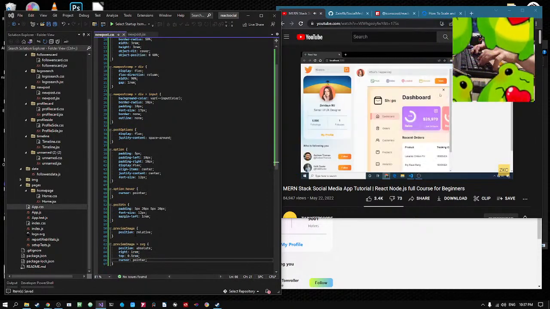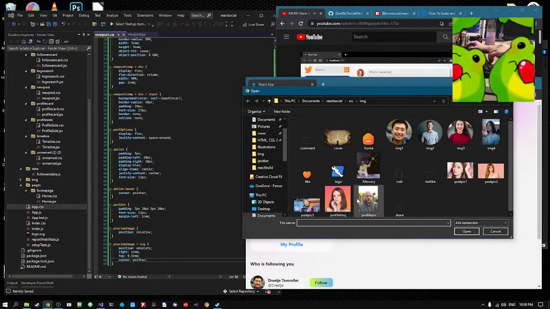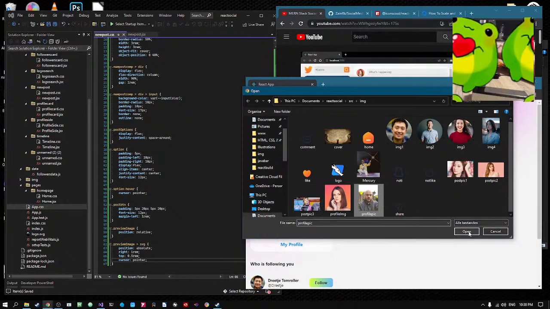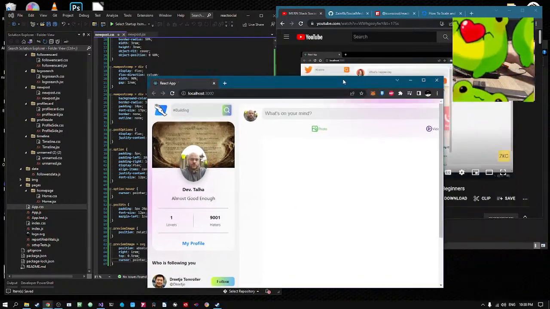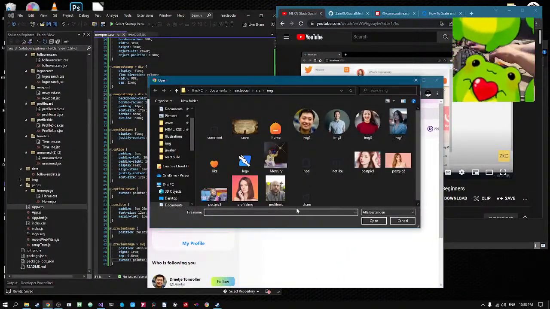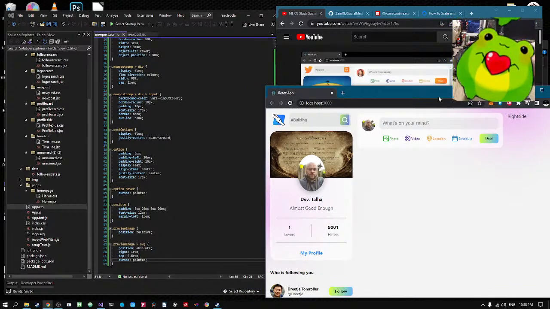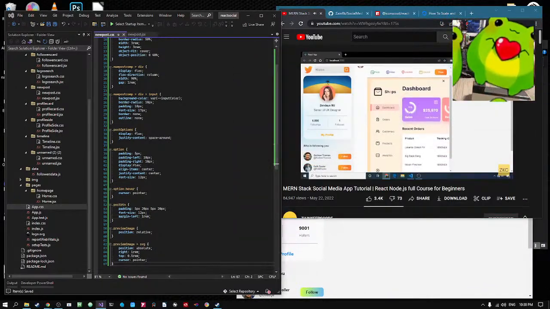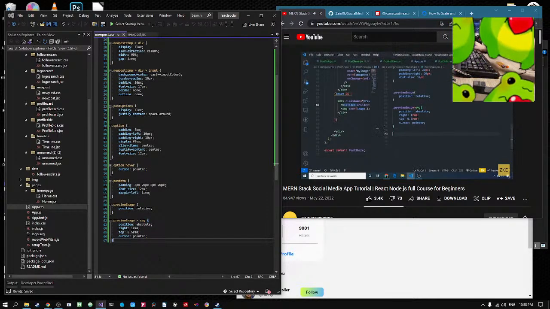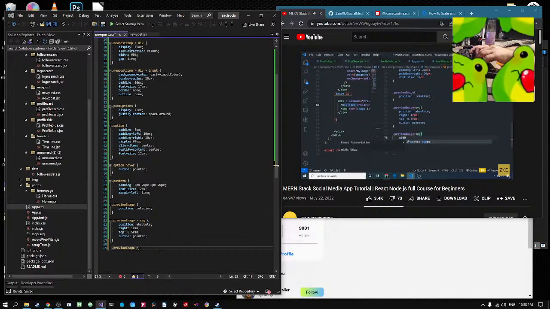If I select any image, here you can see the cross icon is in a very perfect place. It's time to make the width and height of the preview image manageable. So again, now I will target the image inside the preview image, and I will make its width only 100%